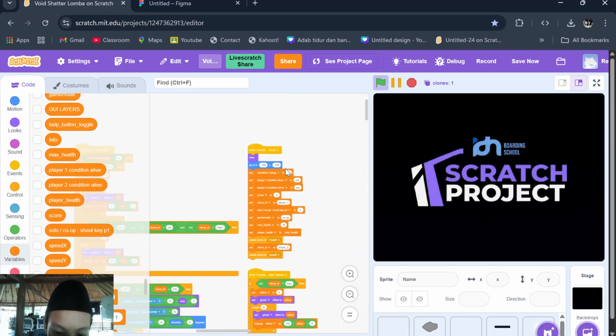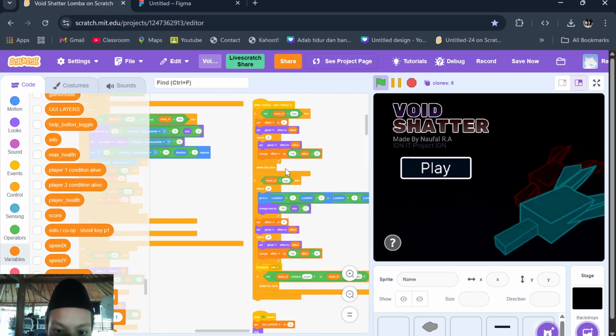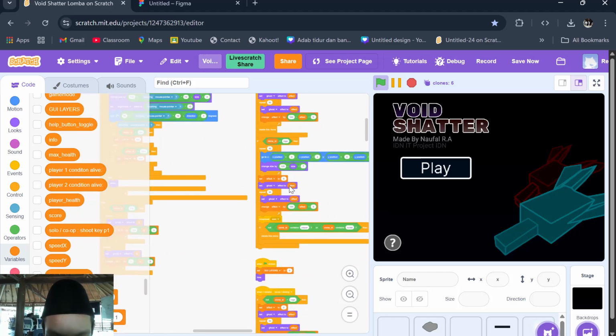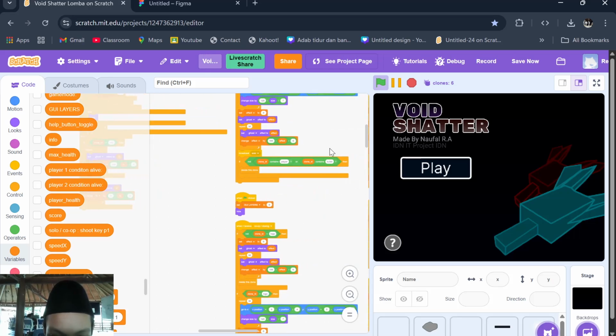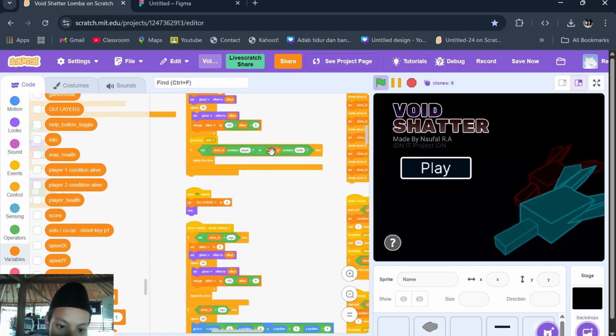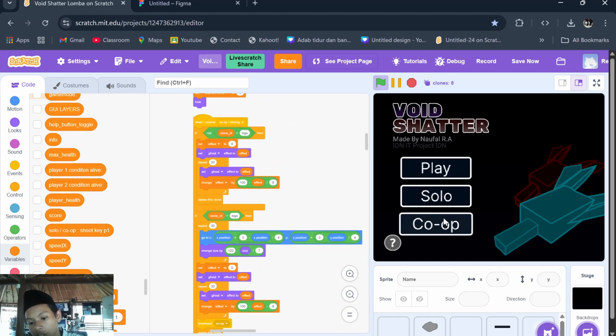This is also the same for co-op closing. The difference is this. This is for controlling. If there is not a clone, it contains the player and so on. After the transition, you need to broadcast.